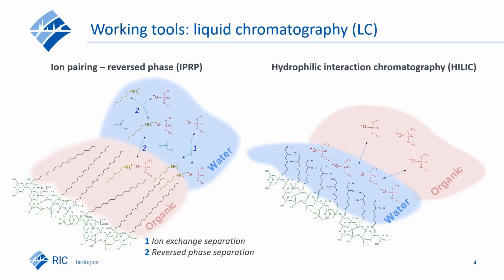The ion pairing reagent, an alkyl amine, will ion pair with the oligonucleotides, ensuring their retention and separation based on their length. In HILIC, the stationary phase is polar and the mobile phase is apolar, so the oligonucleotides will show retention on the stationary phase based on their length. Besides these 2 methods, other methods exist, but these are the 2 main methods for oligonucleotide analysis that allow coupling to mass spectrometry.